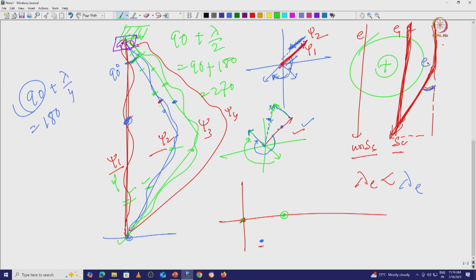Now in a similar way, if I just go to the next one, okay, there is a change, right? So if I consider that the third one is that red one I want to calculate. So there may be a 90 degree shift, and I can tell that in the next step, if you just consider, there will be 3 lambda by 4, the path length change. If we just consider this red one, the scattered red one and unscattered red one, that means wave 4. So what is the path length difference? Path length difference is that. So this is the wave 4 path length difference.